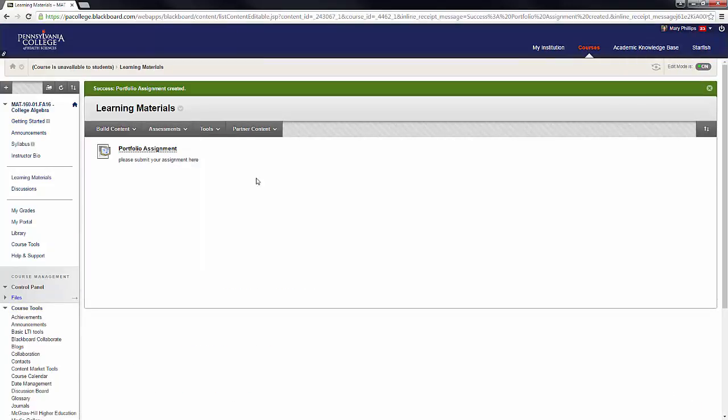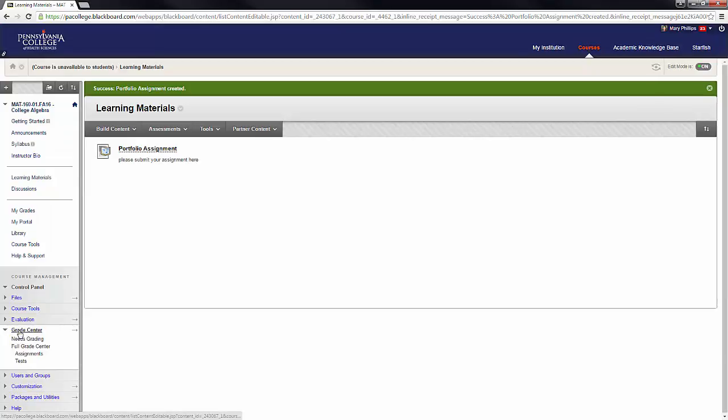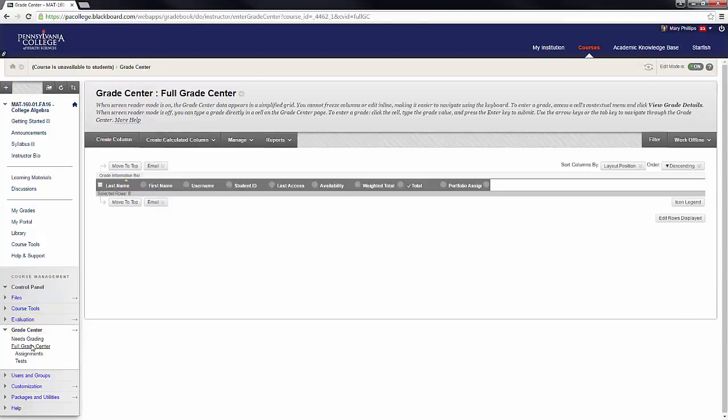So here you see the assignment. And when you go to your grade book, you see a column. The other option that you're going to have is if your students are completing the item in paper and pencil and handing it in to you physically instead of electronically, when you'd use a rubric, you would start in the grade center. So you create a column,